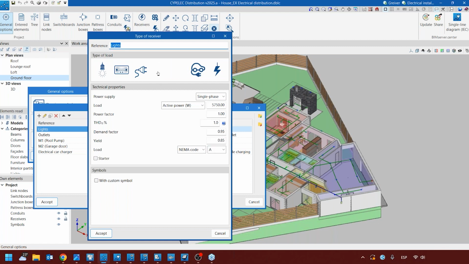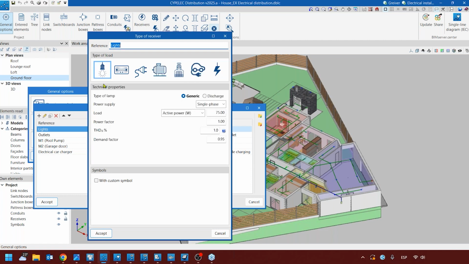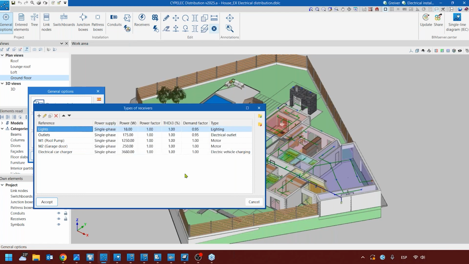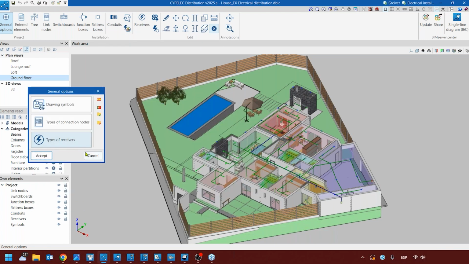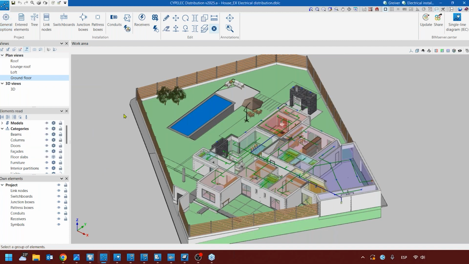As you can see, if it is going to be a motor, you can select it in here. If it is going to be a charger for an electrical car, you can select it from here. So in this case, since this is going to be a light, I'm going to be inserting it in here, the power of it, for example. Once you have inserted all the loads of your design, you're going to have to